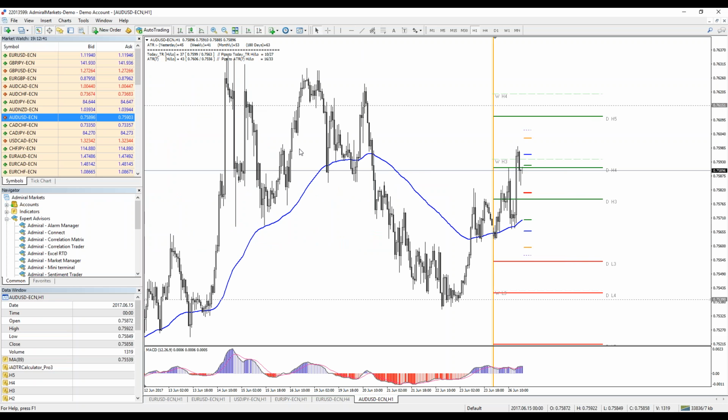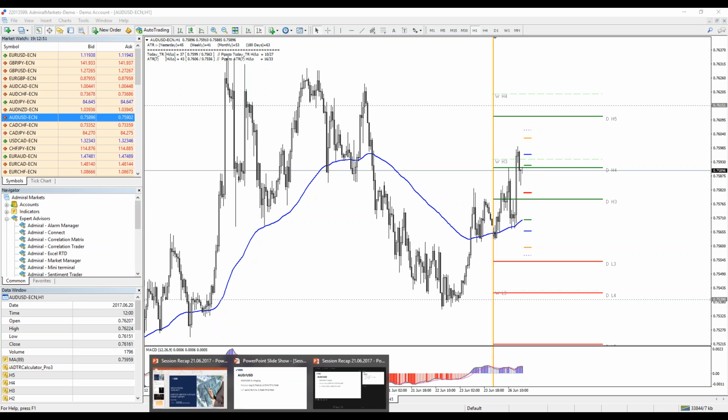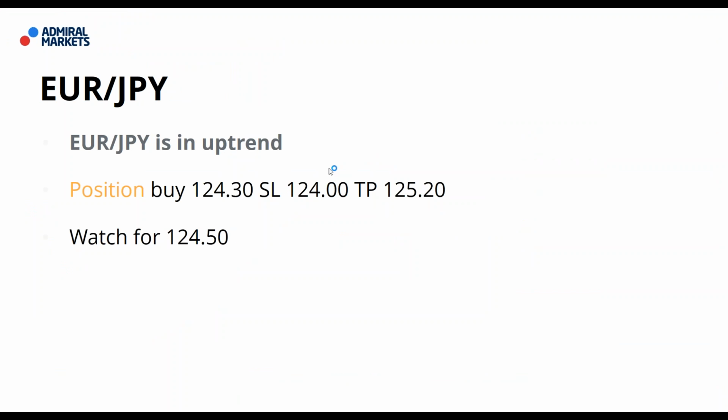Historical sellers, previous head and shoulders formation, ranging market, but head and shoulders. And I think the price could reject here. So Australian dollar is in range. Euro yen, I did the analysis today. So if you read my analysis,